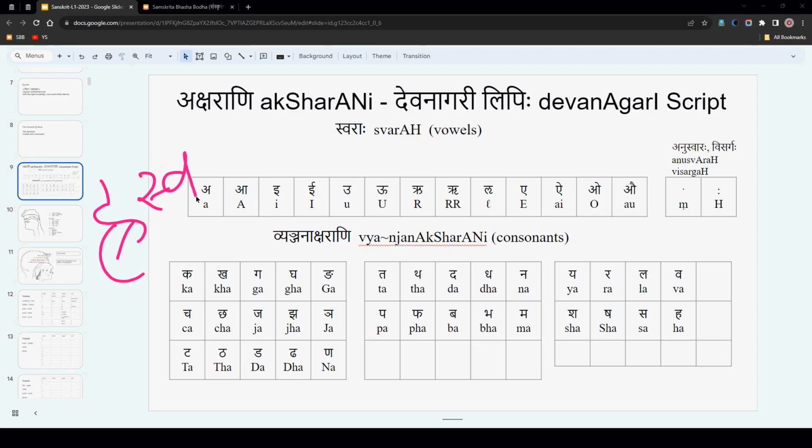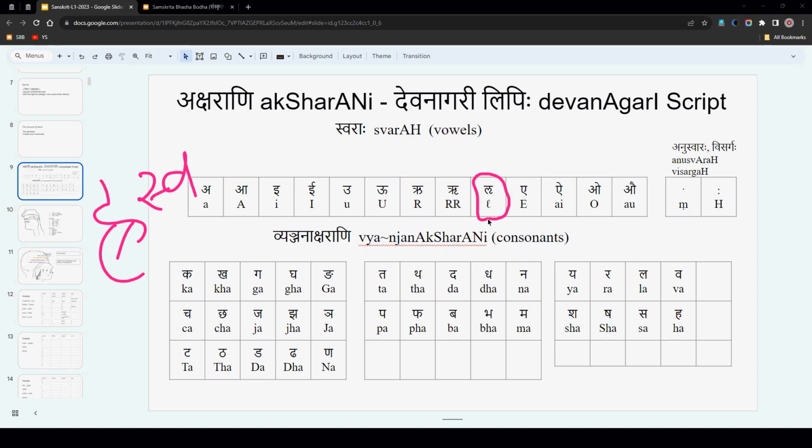Here, this also has a short and long, hrasva, dirgha form. But this has only short form. There is no long, though we can say that. Practically we can pronounce, Ucharanam, we can do that also, but the chart excludes that because there are no words in Sanskrit language with that long sound,